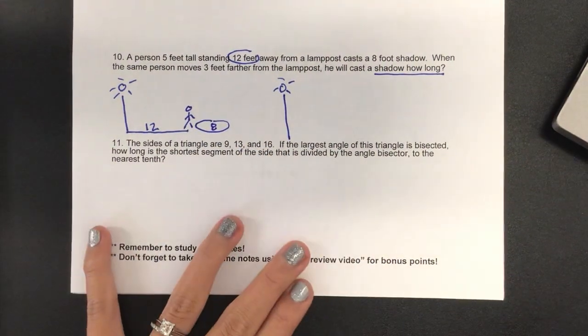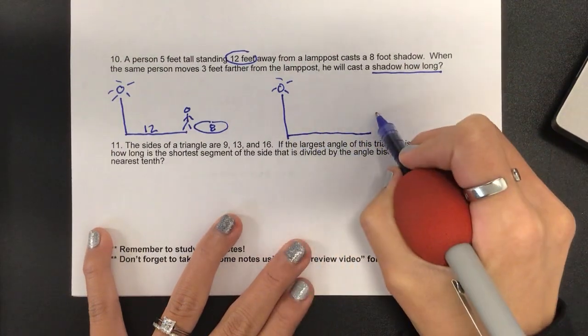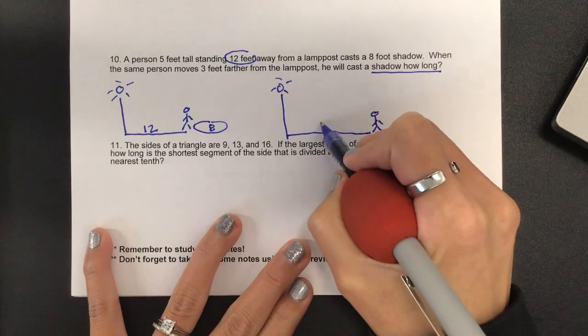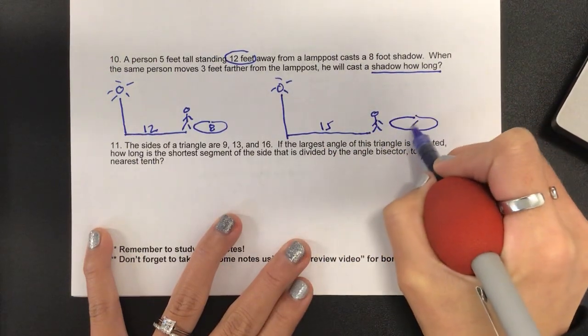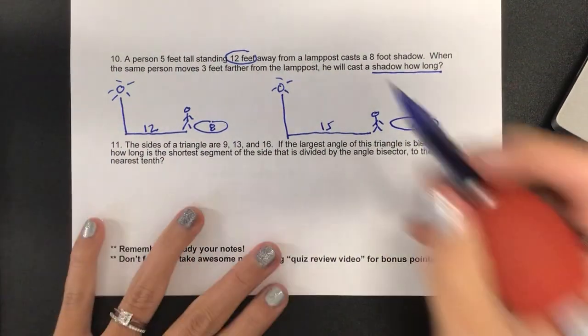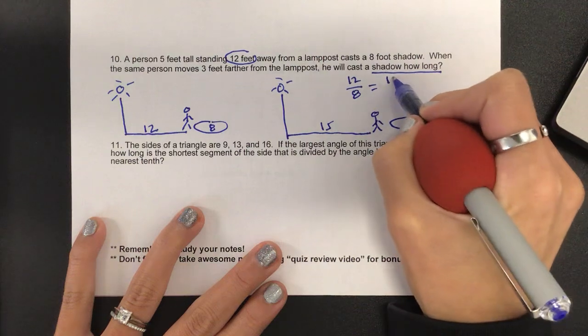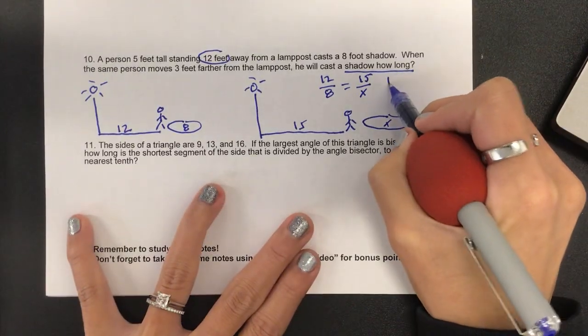And then that same person is going to get 3 feet further. So I'm going to extend it a little bit further. If I add 3 to the 12, that's going to give me 15. And then that person is going to cast a longer shadow. And our proportion is going to look like 12 over 8 is equal to 15 over x, which then gives me